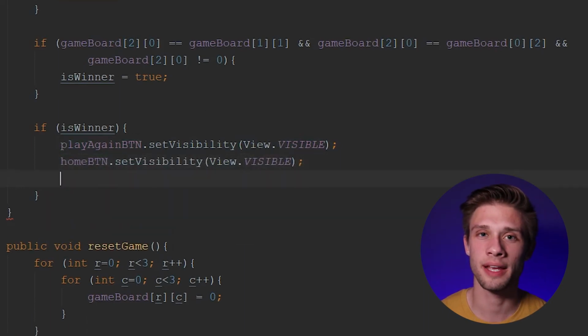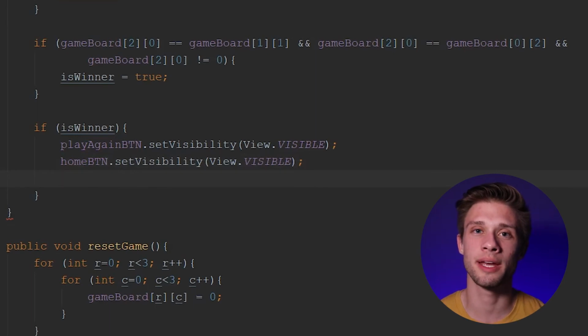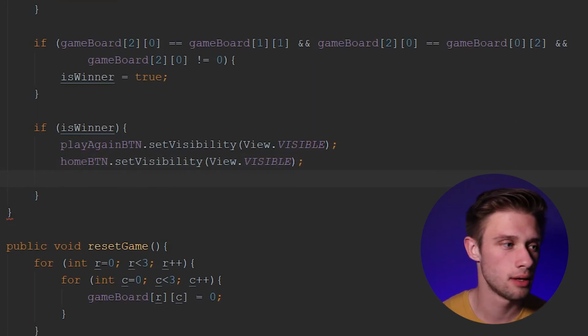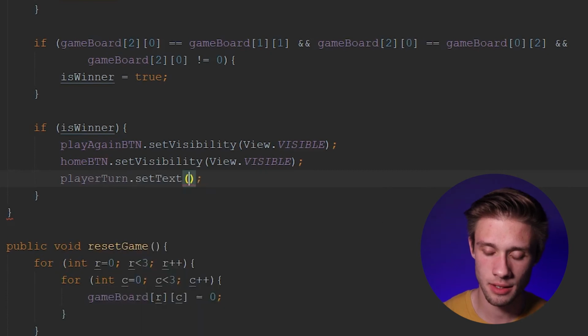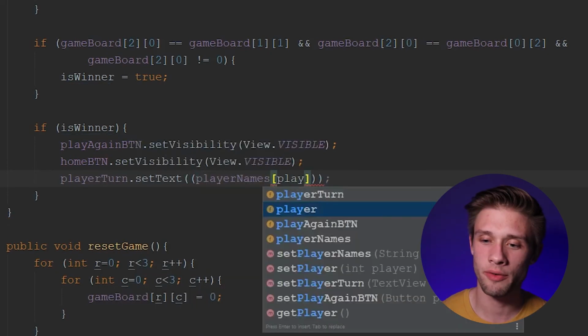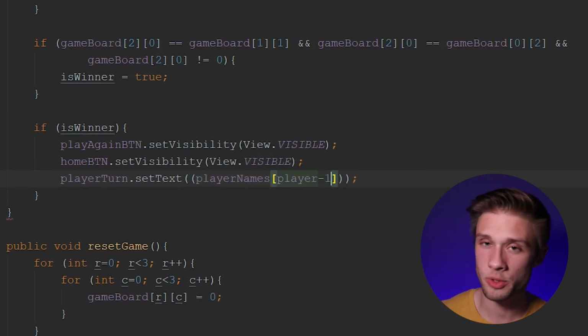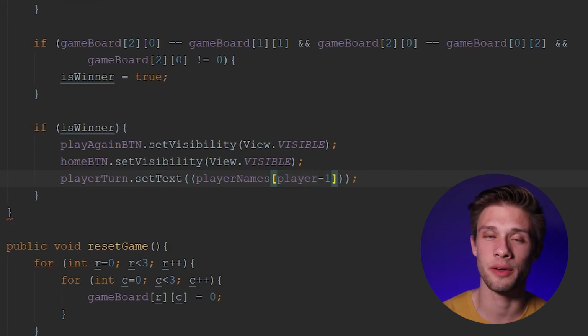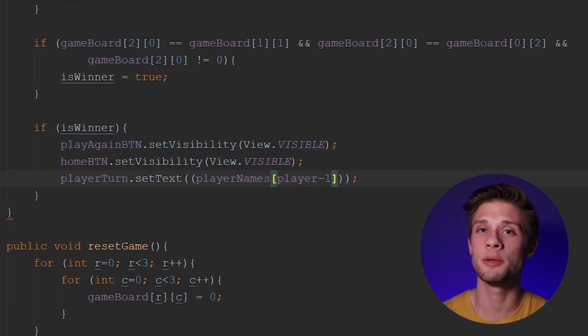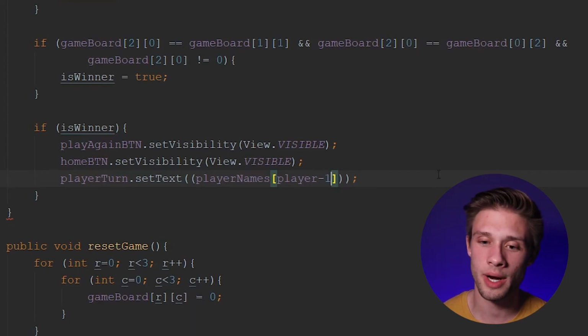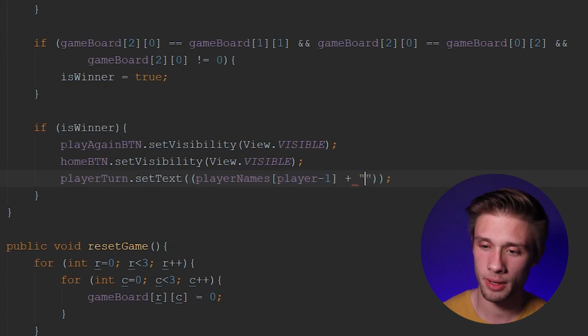And then after this, what I'd like to do is update our edit text to display who won. So all we have to do is type in player turn dot set text to the player names. So whatever player's turn it happens to be. And then we have to subtract 1 because we need that index value. So if it's player 1, we need it to be an index value of 0 for our string array. And if it's player 2 who won, we need it to be an index value of 1 to extract that name here. So we're going to extract the player's name with this line right here. And then all we have to do is tack on a plus space and then just 1 with a few